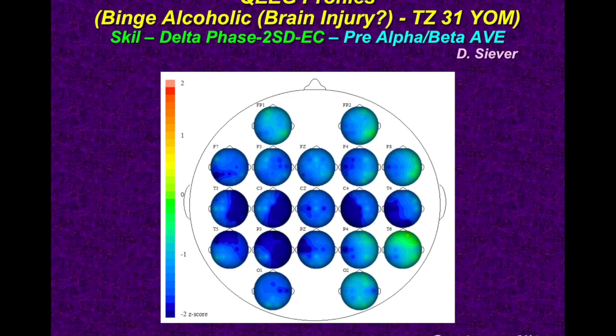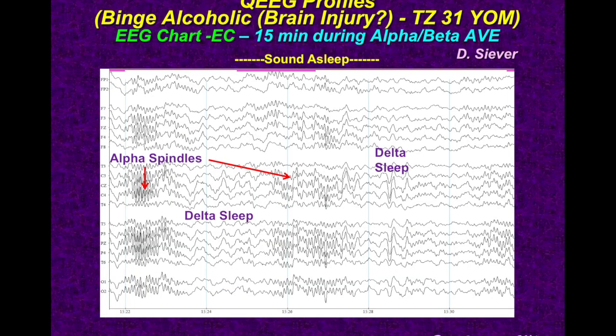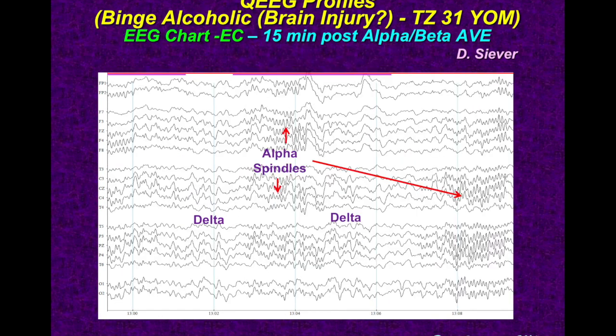on his delta phase. This is during entrainment now. I had him on an alpha-beta entrainment, and he fell deep asleep. I mean, he's sleeping 4 hours a night, as most of my people do, and he's starting to produce huge alpha spindles. Just look at them rolling out of his record here. And he's in deep sleep, so we see these giant, slow delta waves popping up in between the alpha spindles. And he slept so soundly, he continued to sleep for 30 minutes after the entrainment had shut itself off. And you can see he's still making delta waves and alpha spindles ongoing at 15 minutes mark after the entrainment